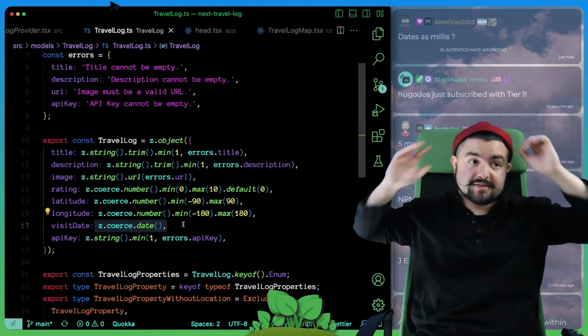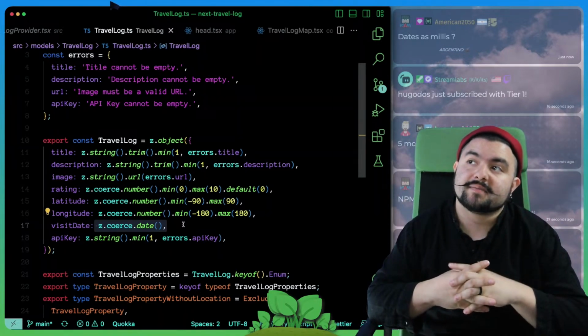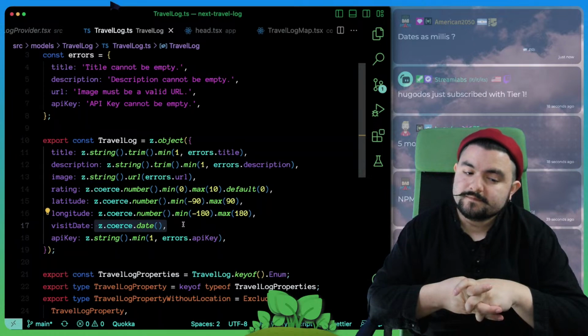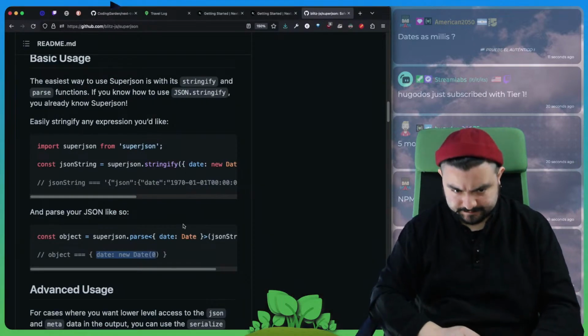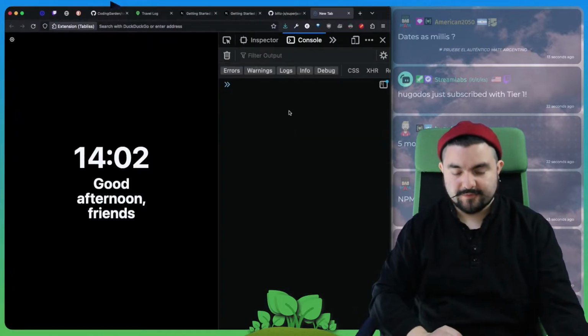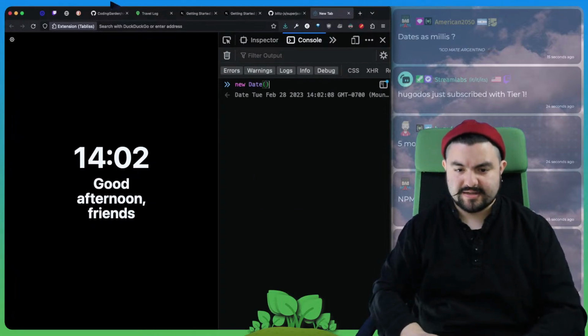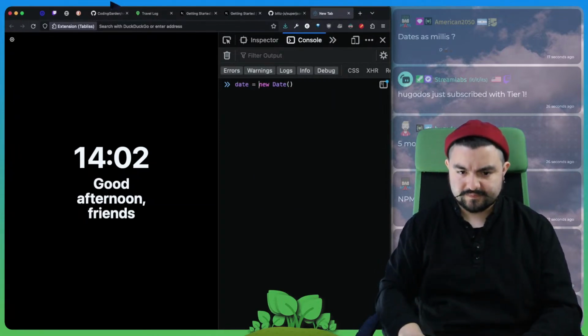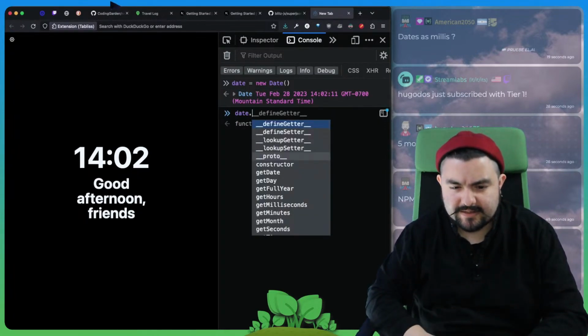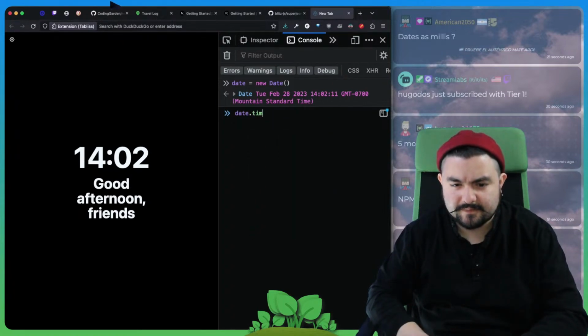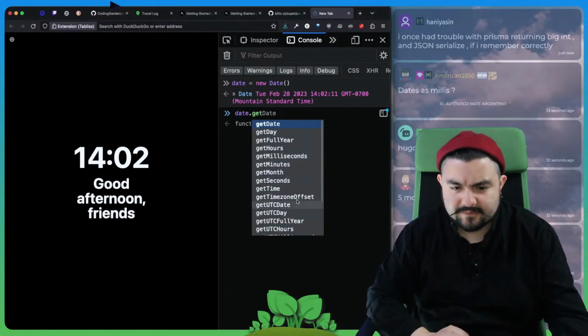So if you look at our models and our travelog model, basically instead of a timestamp, or sorry, instead of a date object, it could be a Unix timestamp. Date in milliseconds. For instance, if you create a date dot get